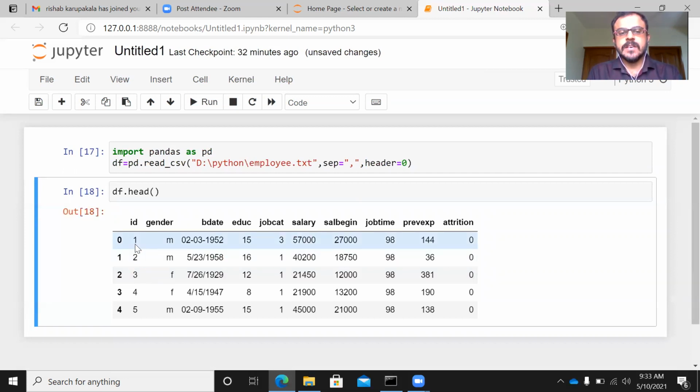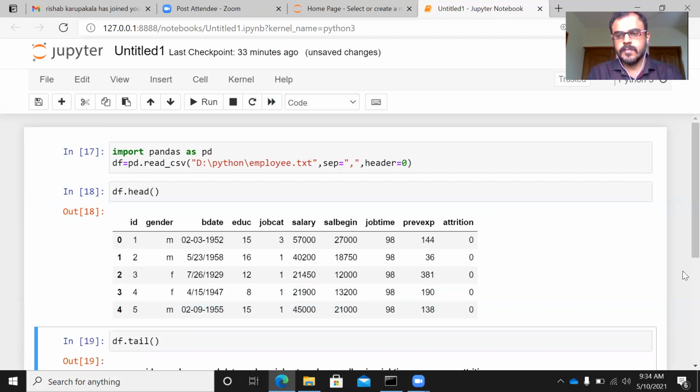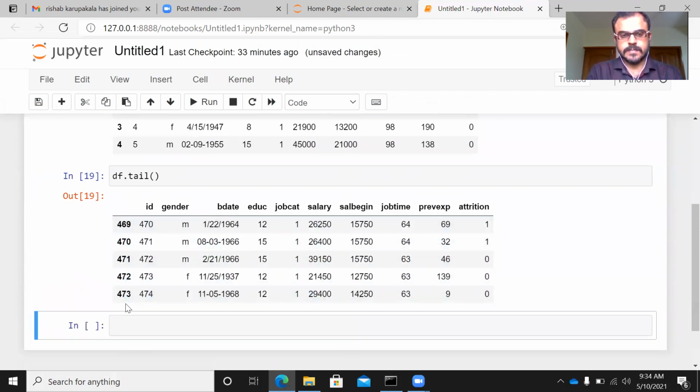This displays the top 5 rows present in the data set. It looks good. Just to be very sure, let me also give df.tail. Scroll down. As you can see here, the df.tail function displays the last 5 rows present in the data set.